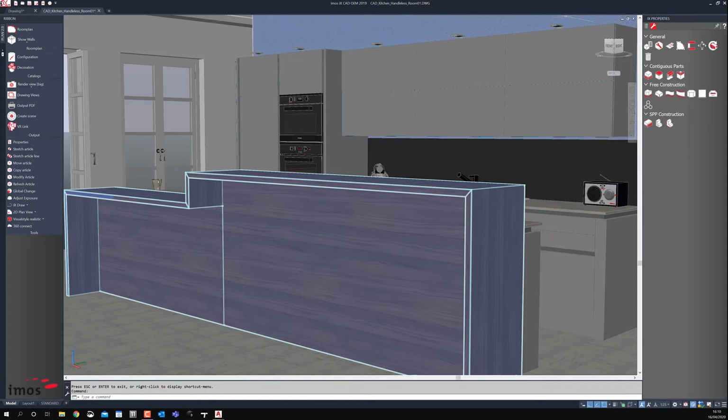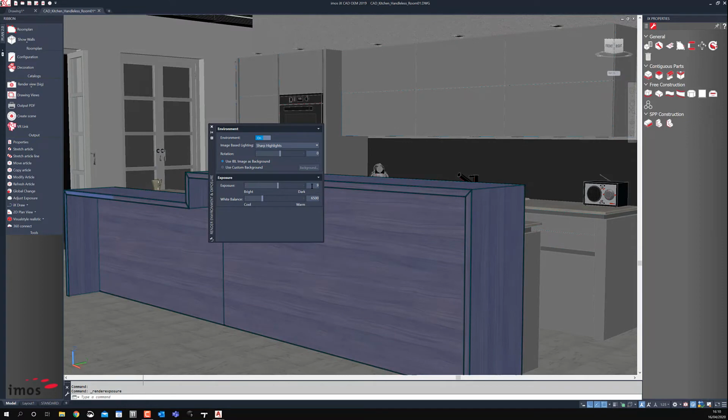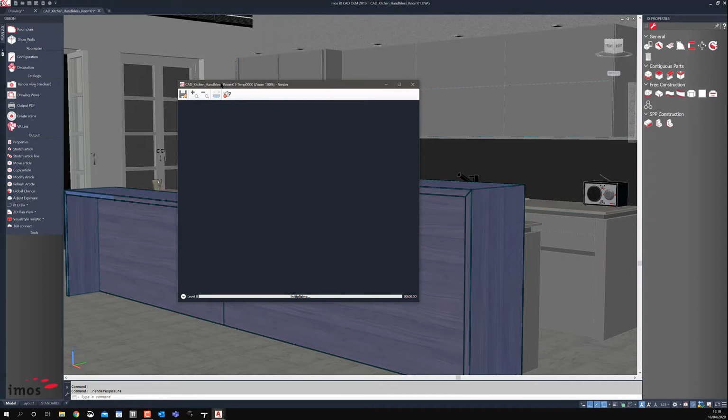So with my camera positioned just how I like it here, we can then select to adjust our exposure. Let's just drag this onto the screen here and put my environment on. And what I'll do is leave it at this current level here and just click render medium. So this is the internal rendering engine from Autodesk,